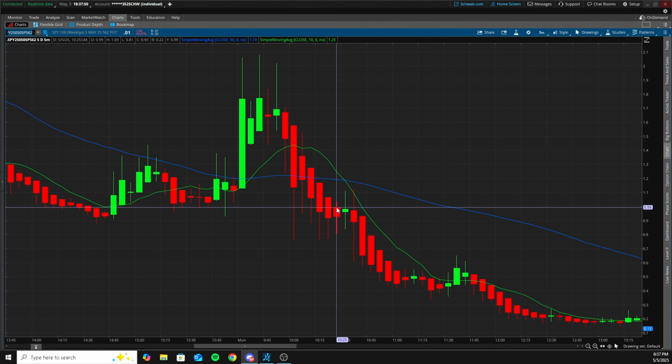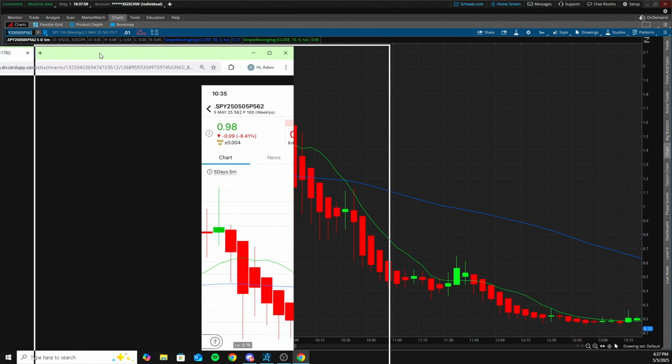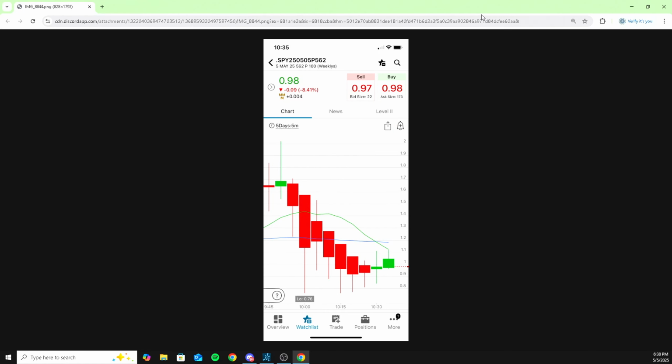I was long, and I ended up adding on this pullback. So if we look here, this is what the actual chart looked like right on this pullback that we got. This was a picture perfect add. I told Discord I was adding some more here. Added right at the 10 SMA tap, and our stop loss is a close above that 50 SMA. If we got back up to the 50, I would have stopped out. I think the most I was down was like 30 points at one point, and then I added some more right here, brought my average down a little bit, and we got a very nice move out of it.